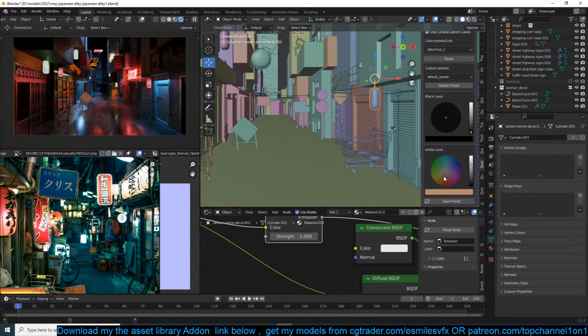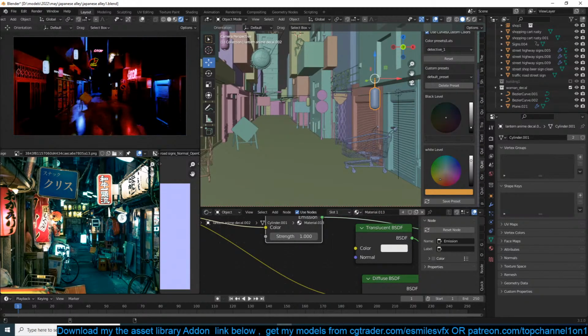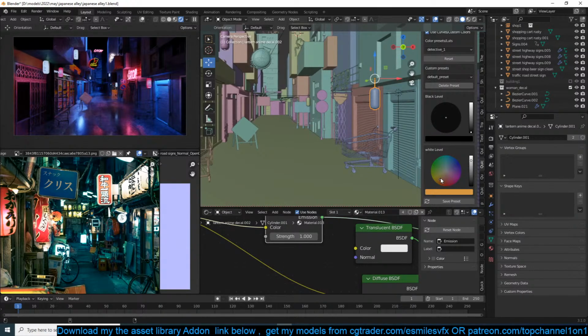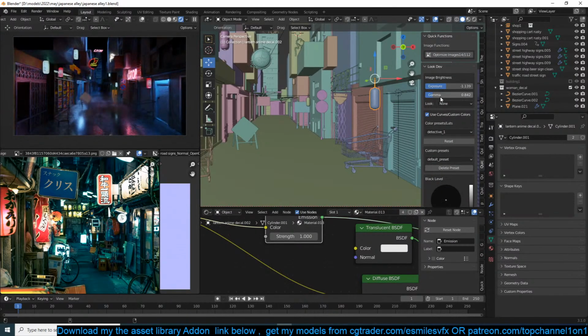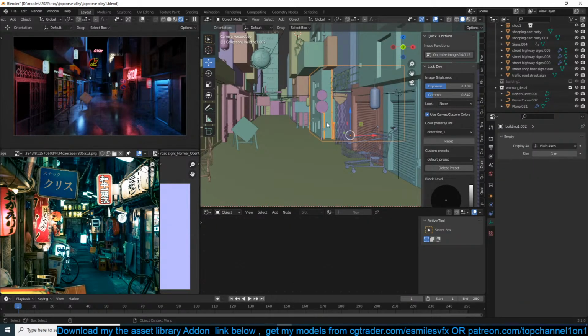Okay, we need this area to look more populated with stuff.